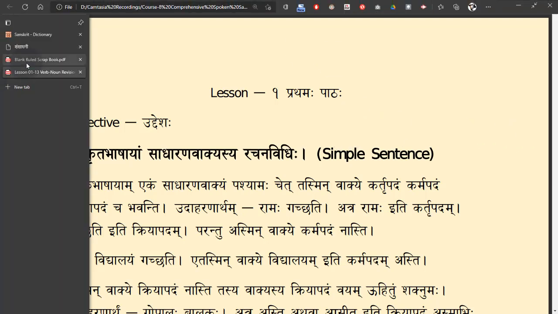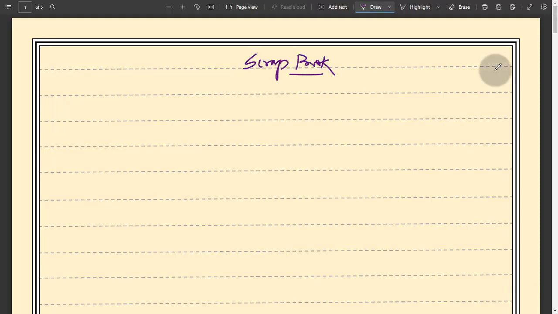I have here something like a scrapbook, and I will be using this to write something, because I made running notes like a Word file. So in this I will be using some scribbling, and I want to get the idea clear. Though I already taught all these things in my earlier courses, how to see the online dictionary.